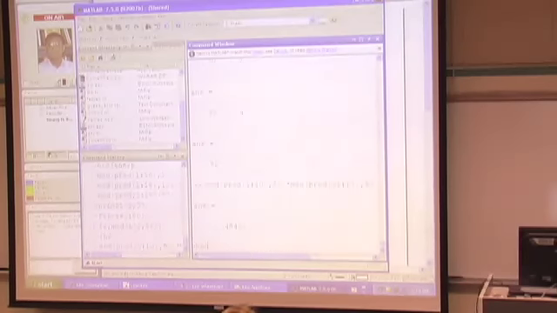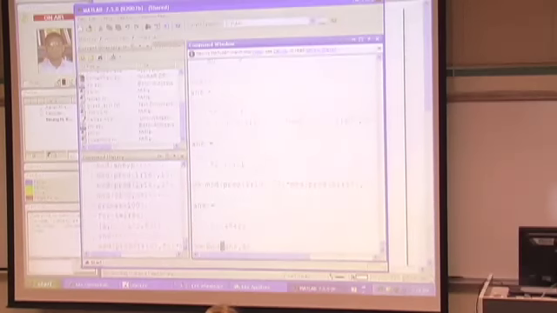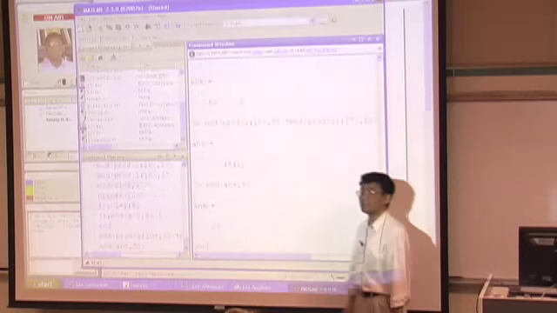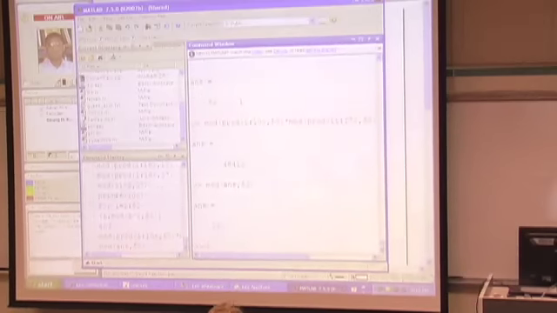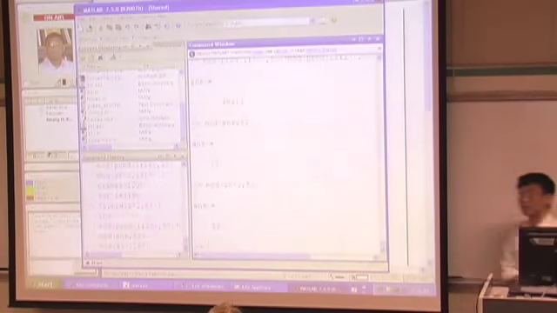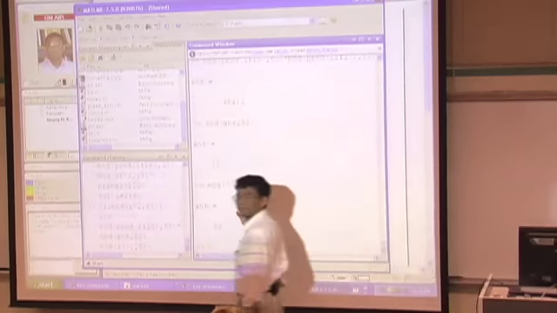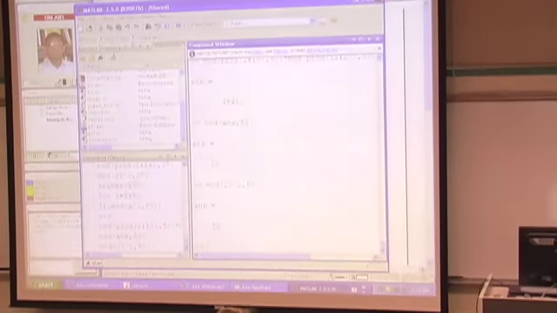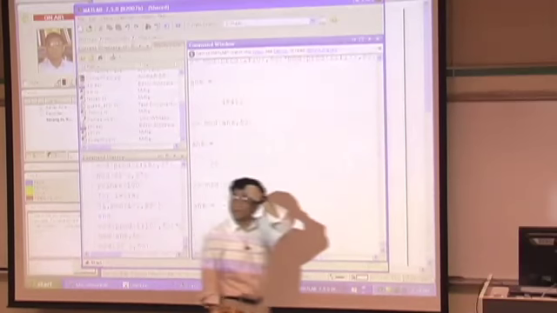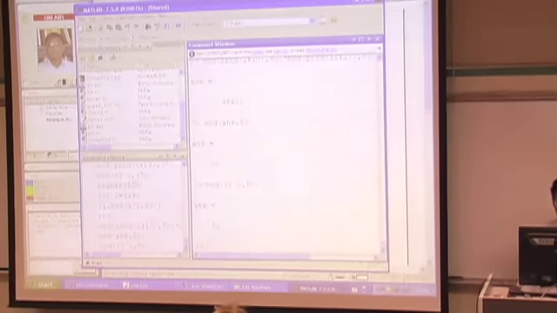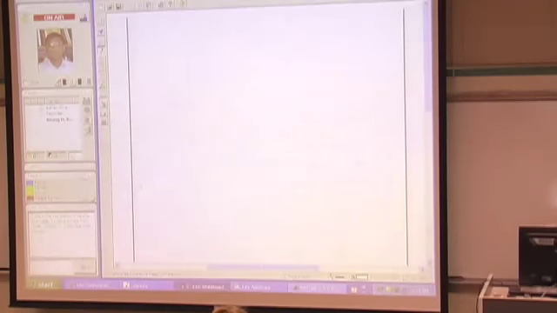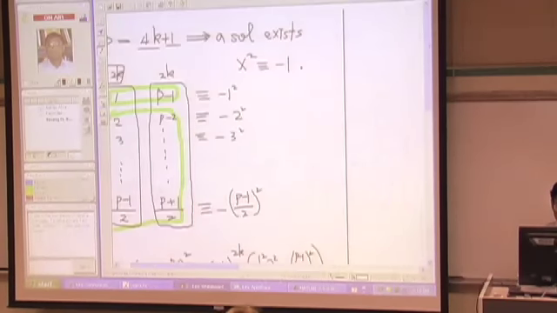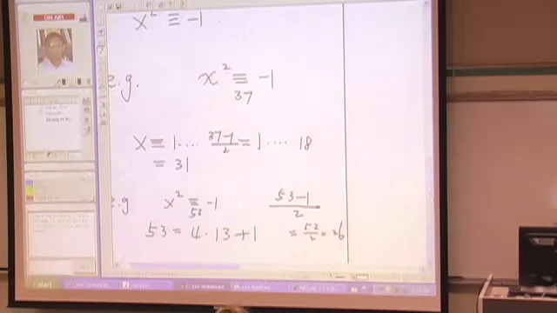So I did it. And then now the answer mod 53 gives us 23. 23 is the answer. So let's check it. 23 squared mod 53 gives 52. 52 is negative 1, right? So I showed. Any questions? So the answer is 23, and 23 is nothing but the product of all the numbers up